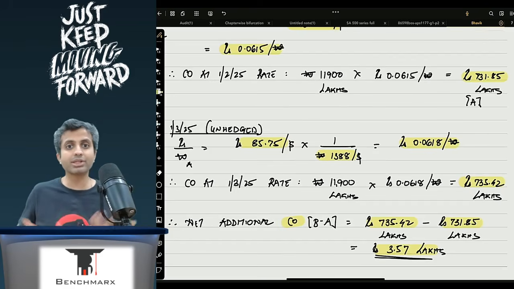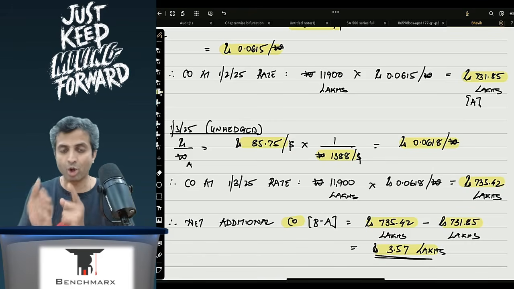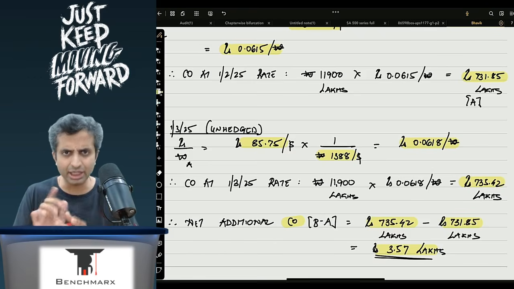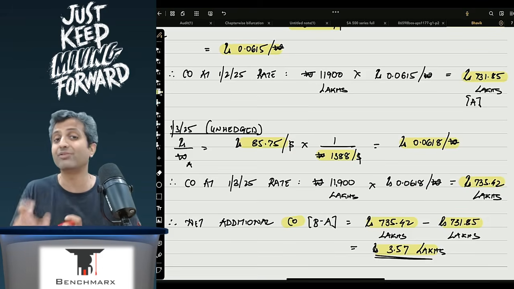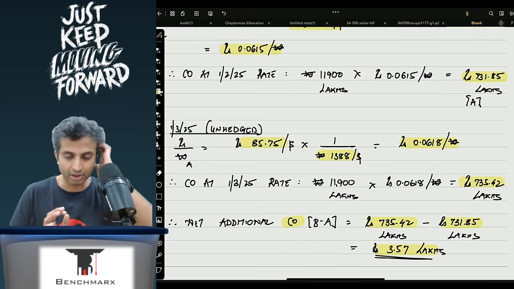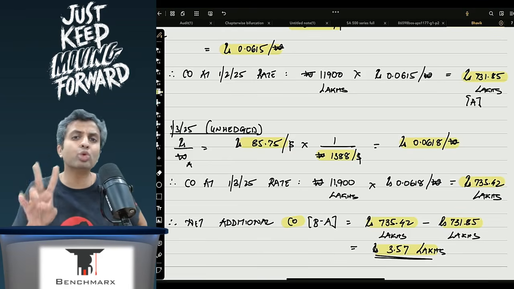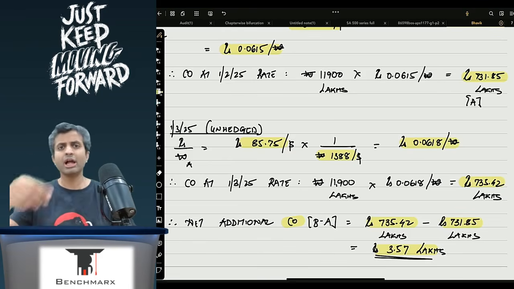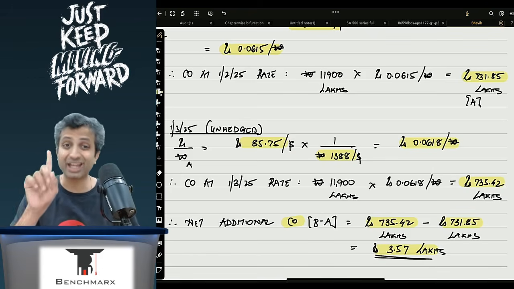So then what is the point of taking a non-deliverable forward? It gives me hedging, because if I have entered into a deal and there is a change in the exchange rates, there may be a gain or a loss for me, and hence my effective cash flow will be different. It's a little complex, so let us get started. There will be 2 legs of this transaction. Leg number 1, you have taken a non-deliverable forward and it will settle on 1st March, so there will be a gain or loss on that.